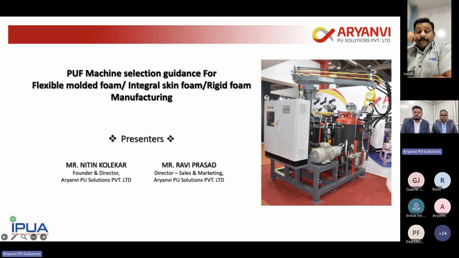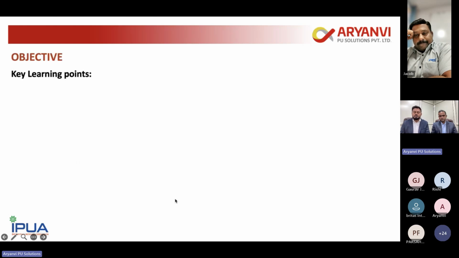We started this company in 2018 with a vision to pass our rich experience in polyurethane to industries. As you know, we now have good experience in this industry, not only from India but also from the international market, and we want to pass this knowledge to all our Indian customers, to increase their knowledge and fill the gaps they have regarding these PU machineries and equipment. So let's have a quick